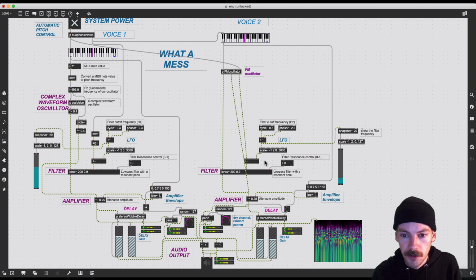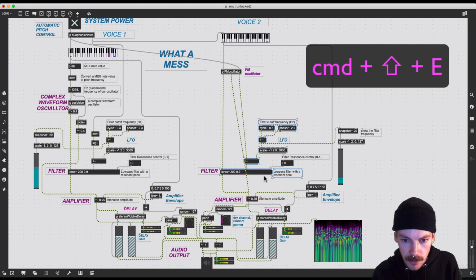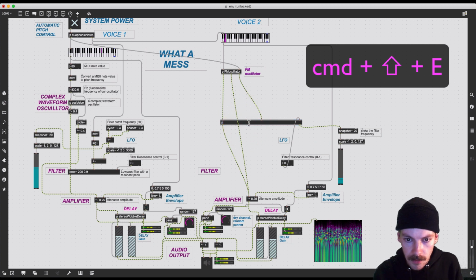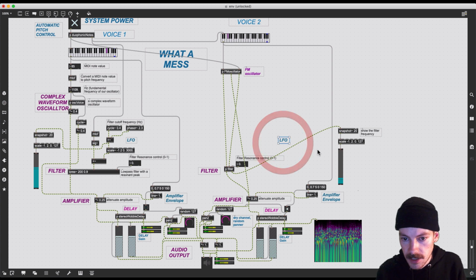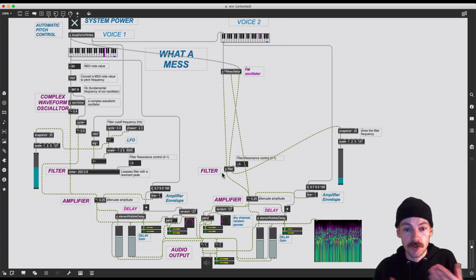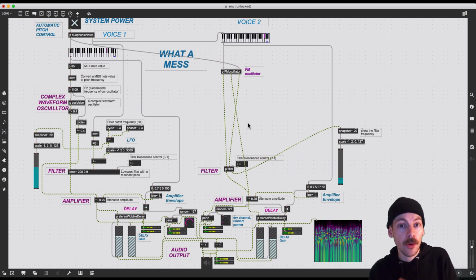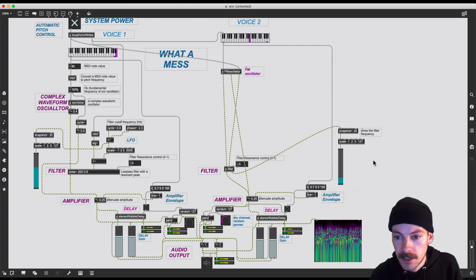Okay, so I'm just going to go through and grab the parts that I don't need to directly interact with. I do want to use that and this, so this is all going to be relating to my filter. So my filter is there. There's an LFO control, but I don't need to see that anymore because that's hidden away. I wasn't controlling the LFO, but if I was, I'd want to keep it out of the subpatch. And similarly,